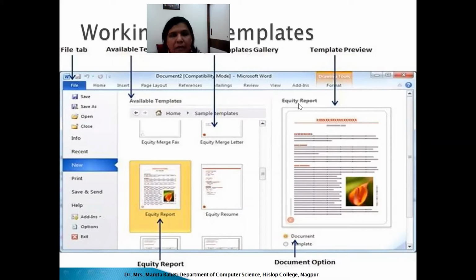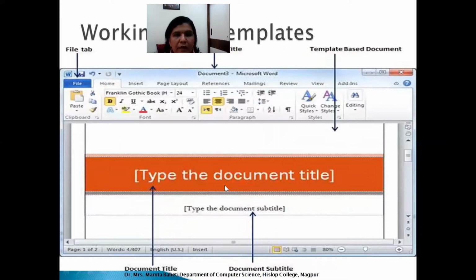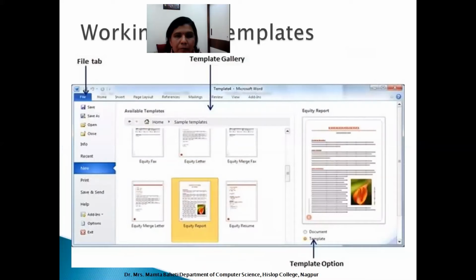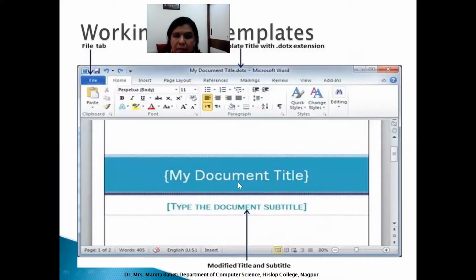Suppose I am working in some company and I want to prepare an equity report. So this is the document. The moment I click on it, see, this particular space is available, the subtitle is available, the background is available. File, New, you can select n number of things. If I click on a template, then you can modify it.